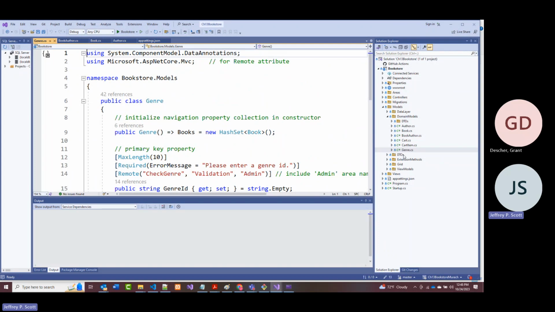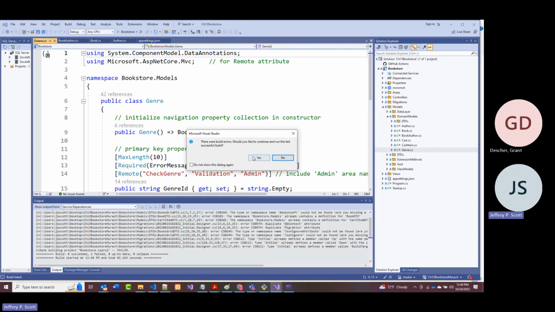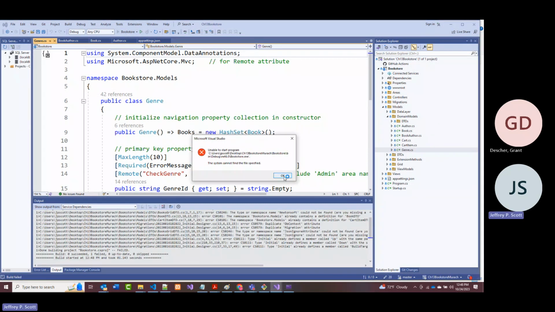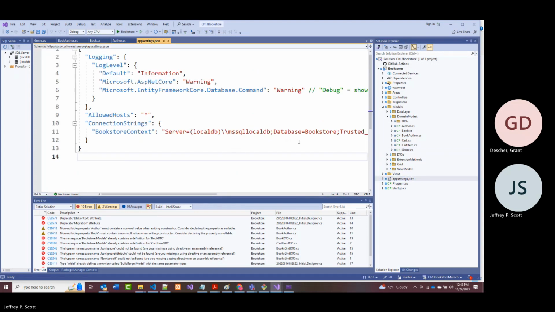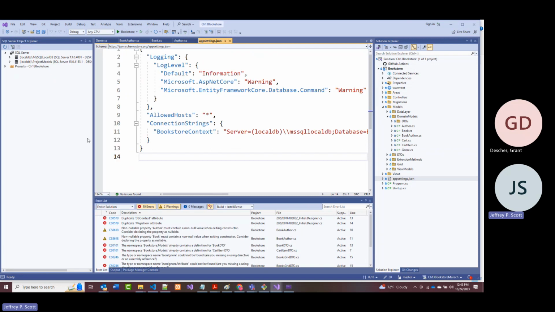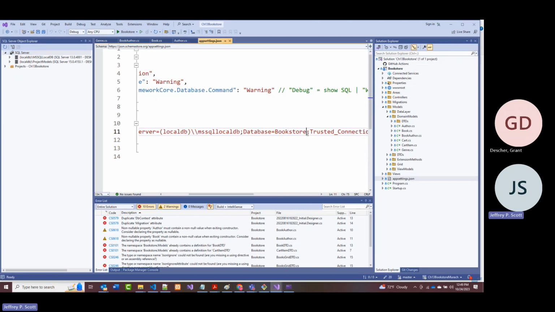Now, what I want to do is we're going to go over all this in a second, but I want to run it. And it's giving me an error. And it says, let's see, what did they call their database here? They called it bookstore, so it says duplicate DB context, etc. What I'm going to do is drop my bookstore. In fact, I'm not even going to do that. I'll just change this to bookstore 2. So this will be theirs. In fact, I'm going to call it bookstore Muroc, because I know I don't have anything like that. I'm going to save this